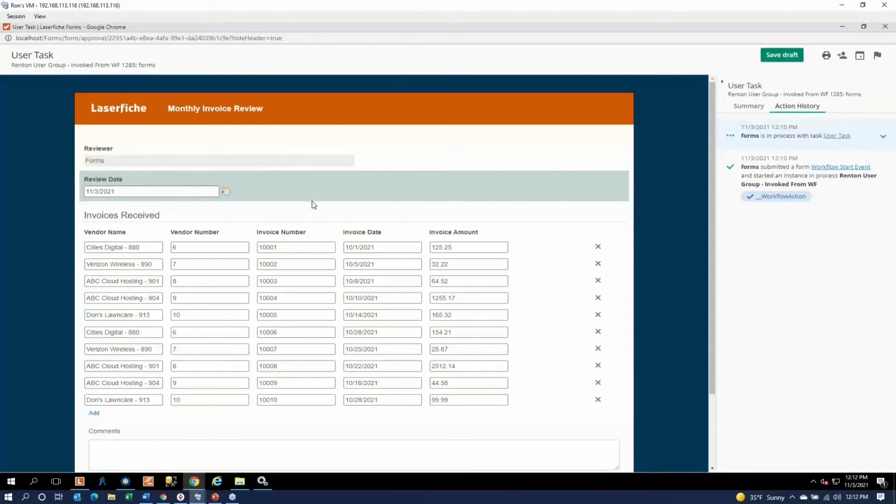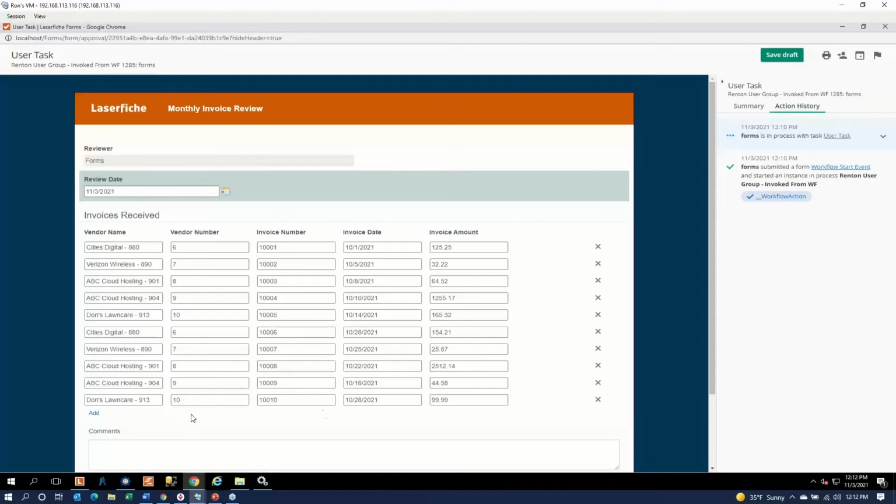Yes. So in this instance, what we did here, we actually pushed this information into the form. And then I have a separate database lookup that is looking at that vendor number and just pulling in the vendor name based on the vendor number here. So you can tell workflow, grab all this information and pass it over to